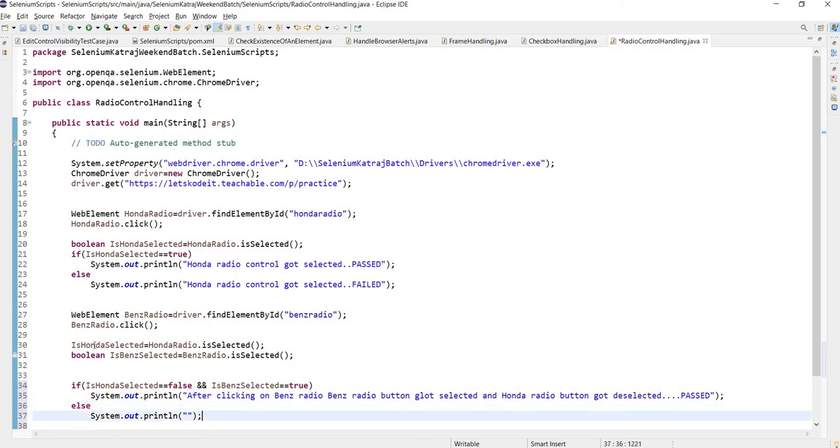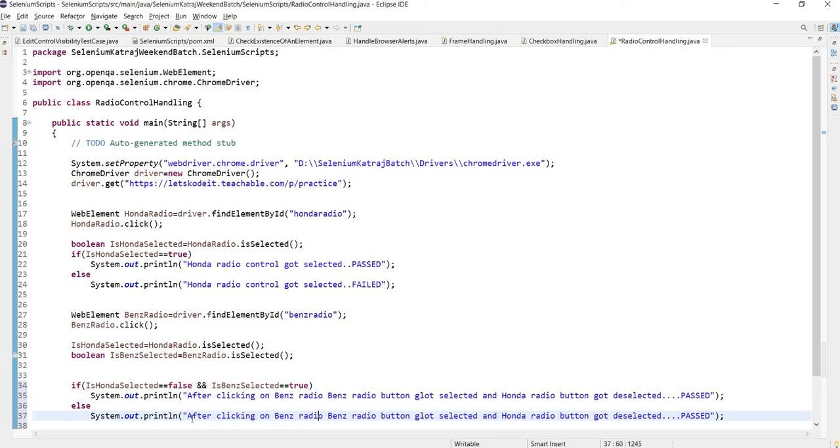And if it doesn't happen like that, let's say after clicking on Benz it didn't get selected, or it gets selected but the Honda also remains selected, so even if any of these things happens, we want to say failed.